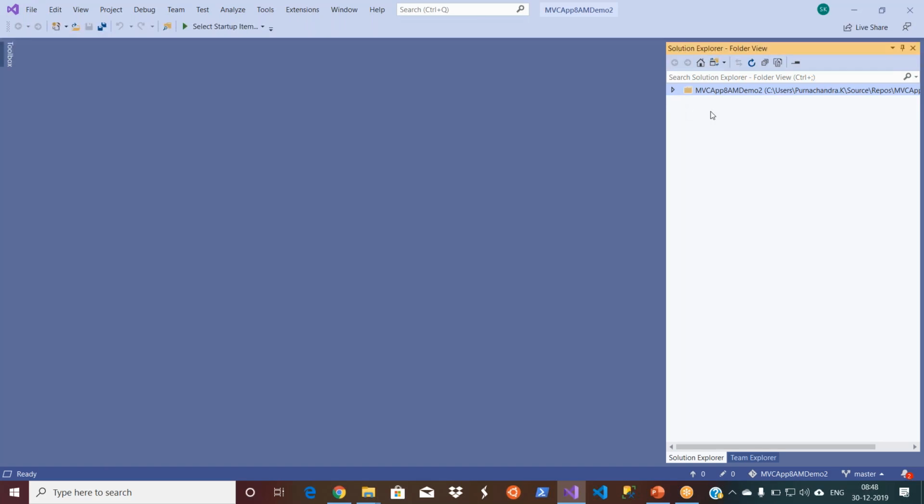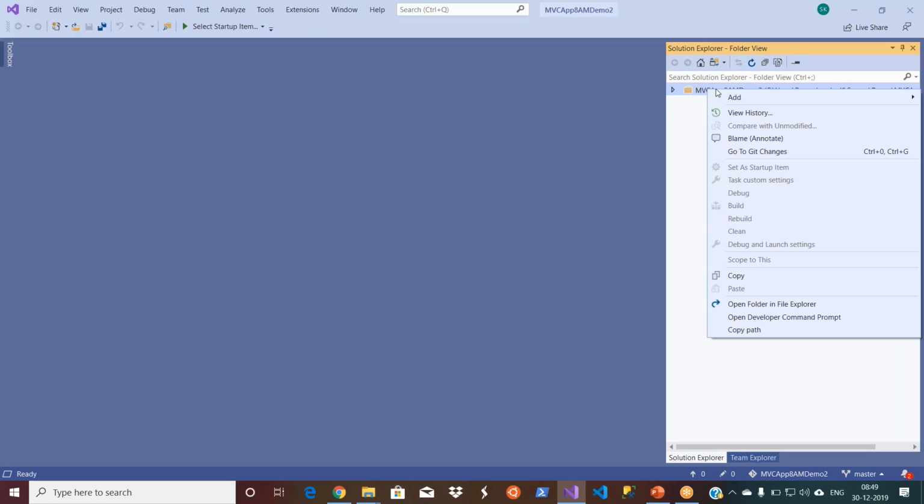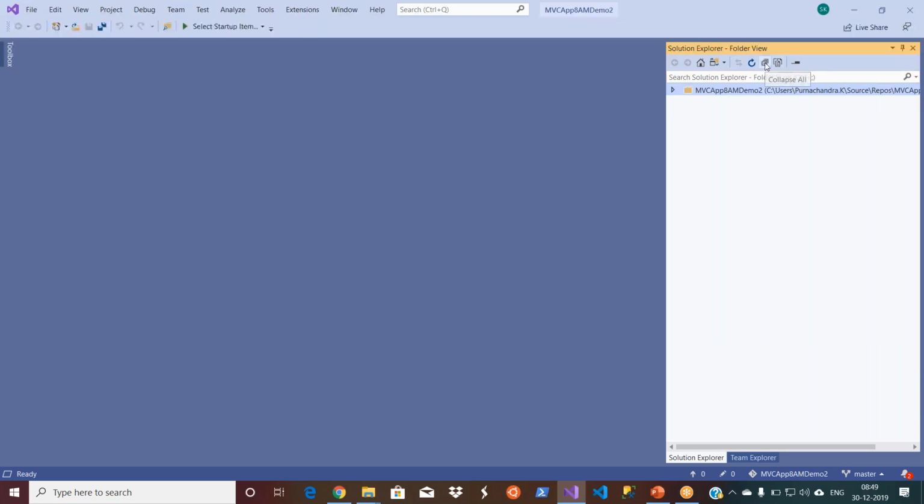Now you see the repository is being created, and you see a different thing here. This is not the one you see in the Solution Explorer, and this is showing some path. So you need to change this view. Basically, this is a different view, this is a folder view. How can you do it? You have options here, switch views. You need to change this view basically first.